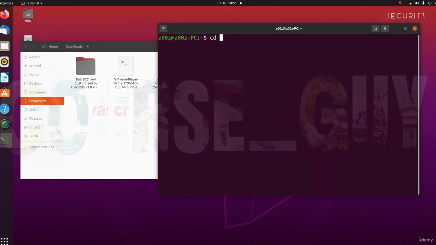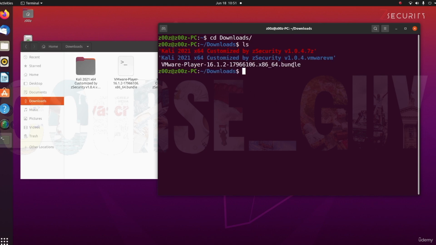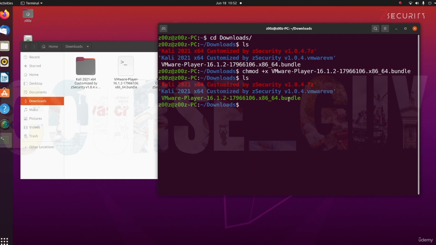So I'm going to use the cd command to change my working directory to downloads. And if I do ls to list all of the files, you'll see we have the file in here. And before running this file, we need to change its permissions to an executable. So to do that, we're going to do chmod +x followed by the file name. I'm going to hit enter. And now if I do ls, you'll notice that the file name is listed in green,